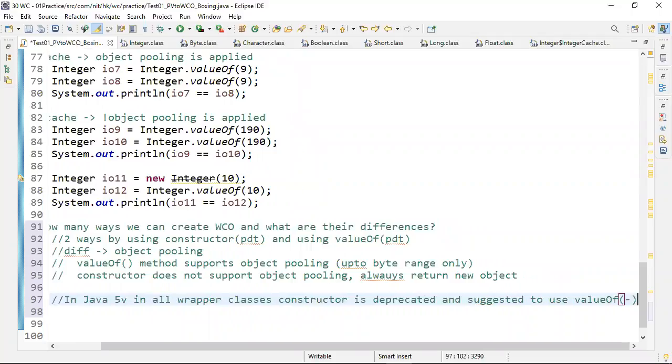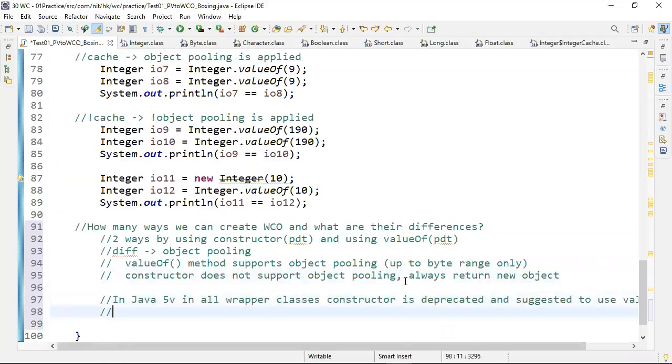Now my question, generally whenever some API is deprecated, in future it may be removed, right? Now my question, is it possible to remove the constructor? In future, can they remove the constructor?